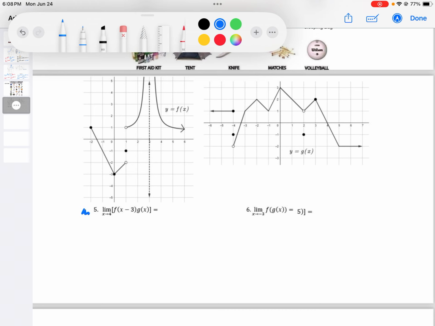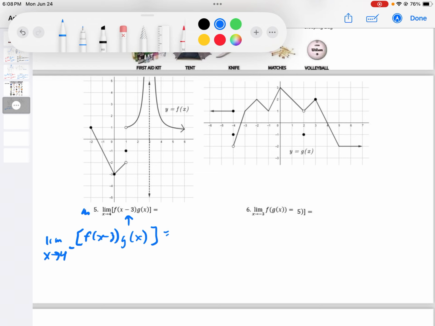All right. Number 1, or why is it number 1? Oh, it's number 5. I don't know what that is. All right, so number 5, now it looks like I have some multiplication, and the f function went to the right 3. So if I'm finding the limit as x approaches 4 from the left of this mess,